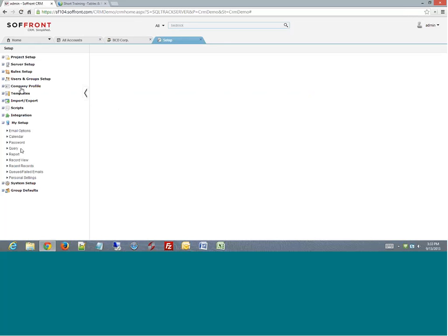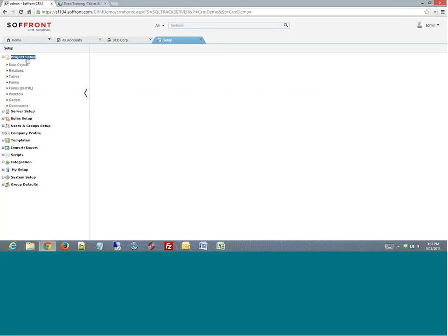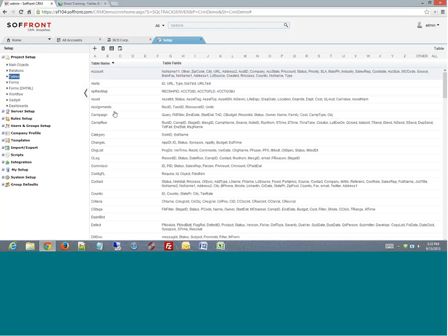Here we have a tree where it has a lot of different menus which you can expand. For our interest, we would expand project setup. Now right here, immediately you would notice that there is a menu for tables, and when we click on that, we get all the tables which are there in the CRM database. So all the existing tables which are there, including the ones that you have created, would all be there in this